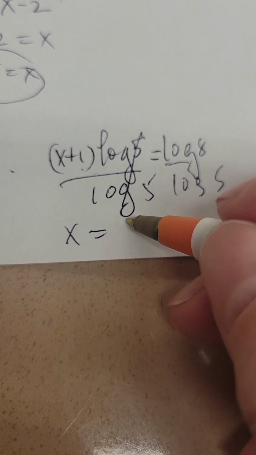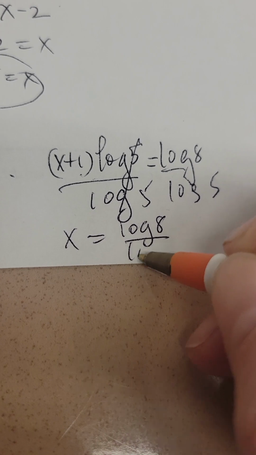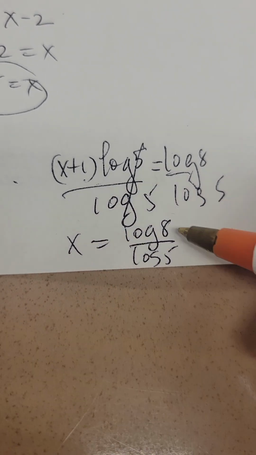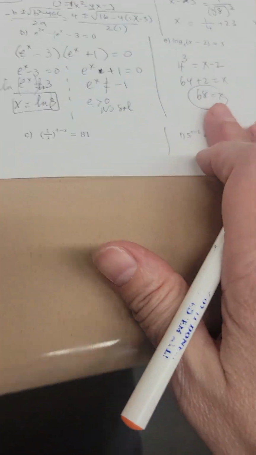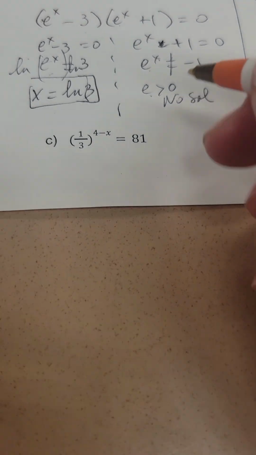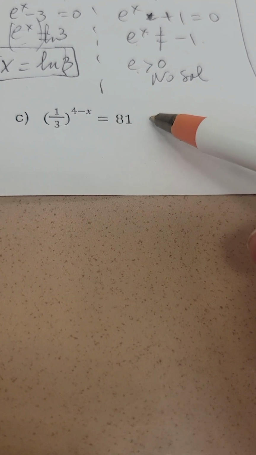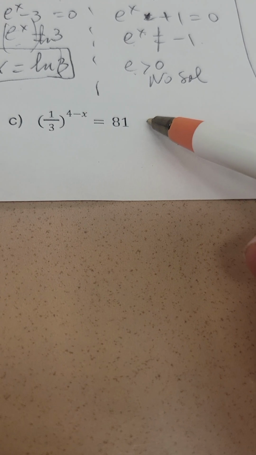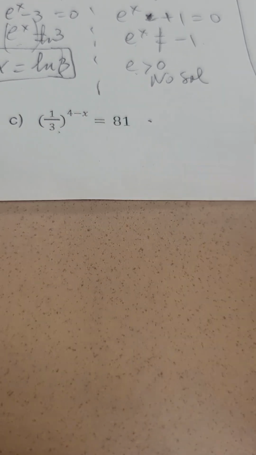And then subtract the 1. So you get log 8 over log 5 minus 1. Whatever that is on your calculator. They'll tell you how to round it if you need to round it. This is another one of those problems where you can write, you could use logs if you want, but